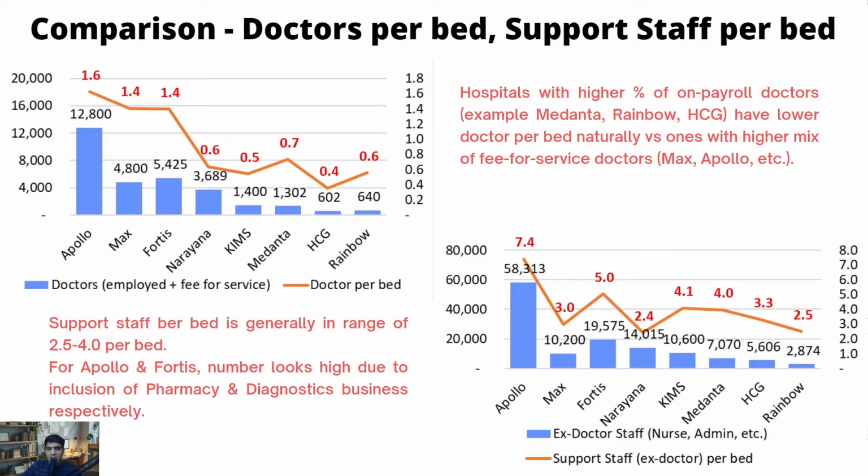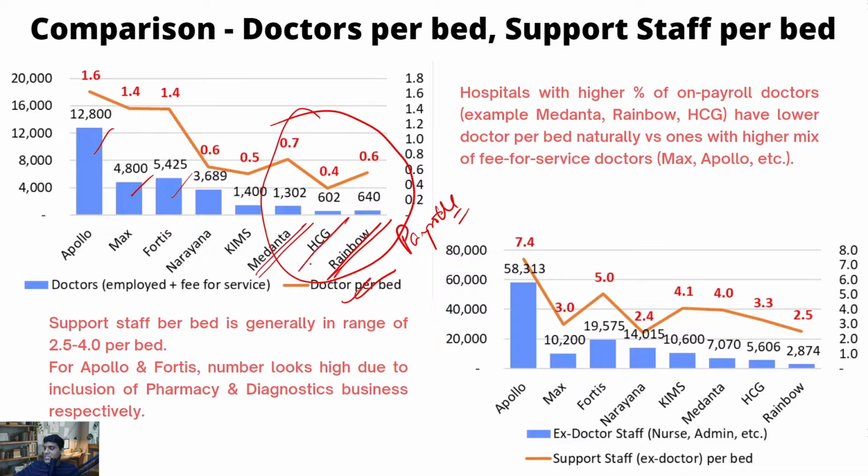Now if I compare the doctors within the listed hospitals, again Apollo, Max, Fortis, they have the highest number of doctors impaneled, employed or fee for service. But a metric which is important is doctor per bed. Now if you look at Medanta, HCG, Rainbow, these all typically prefer to keep doctors on payroll. So for example, Medanta specifically has a much higher number of doctors on payroll despite being a multi speciality. Rainbow is a child care specialist hospital. HCG is a cancer specialist hospital. Both of them prefer to keep the oncologists and the obstetrics and pediatrics on their payroll. So which is why they get the full business of whatever the doctor generates, and